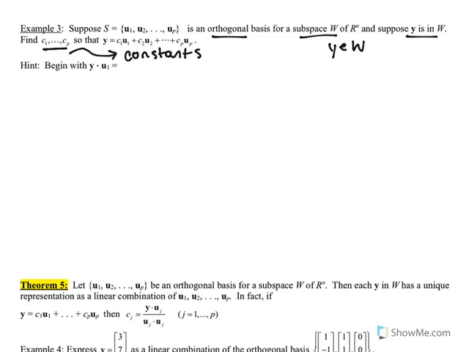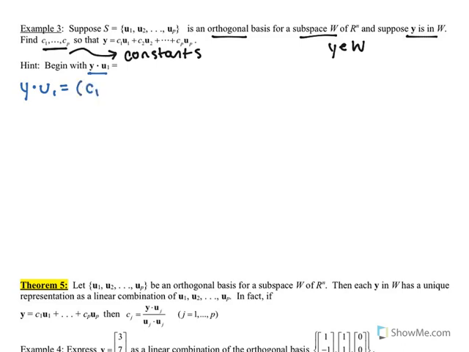Now, we're looking for a general formula. Notice we didn't include any numbers in this example, so we're not going to get a very specific answer, but we can get a very general answer into which later examples we could plug information. So I've given you a hint here: begin with dotting y with one of the vectors in the basis. So if I dot y with u, and let's just say the first one, I can describe this, thinking back to 6.1,